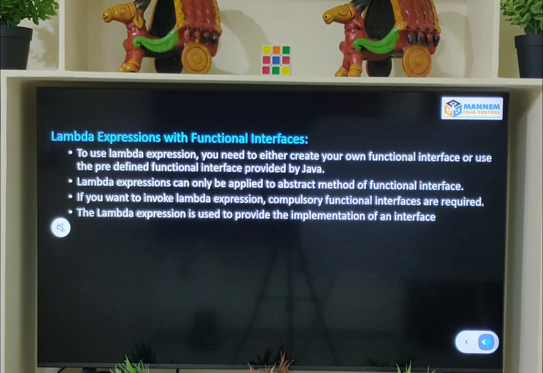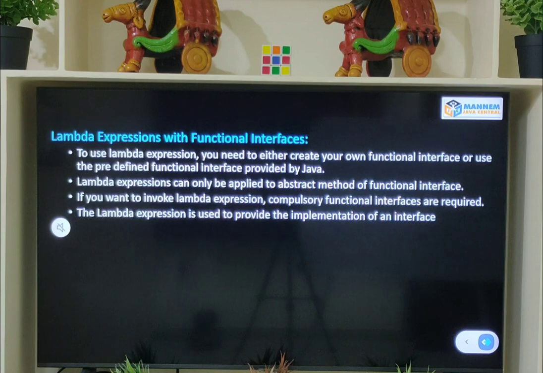So if there is no functional interface, we cannot have lambda expressions, and if we don't have functional interfaces, writing a lambda expression is a waste. That's why lambda expressions and functional interfaces go hand in hand.